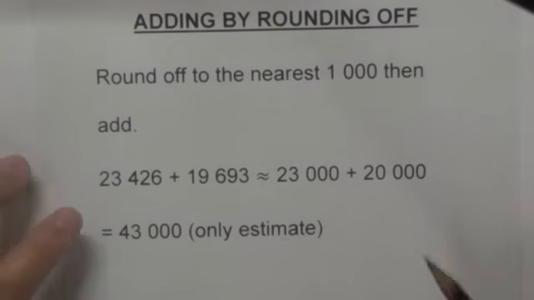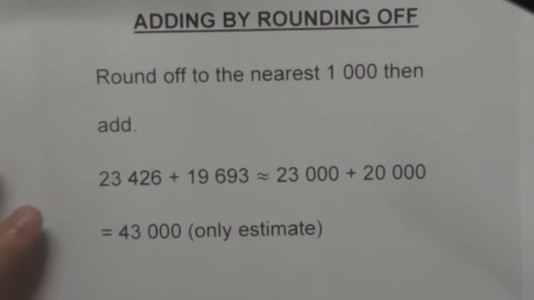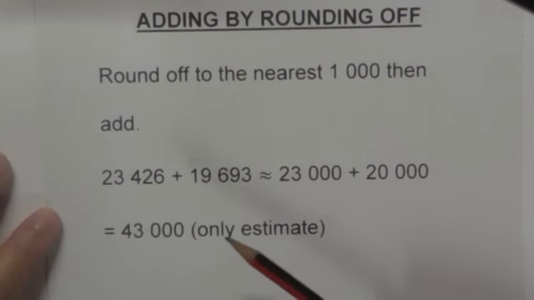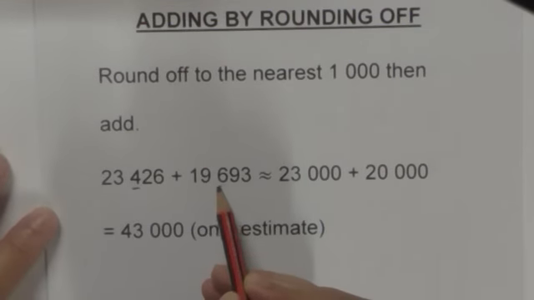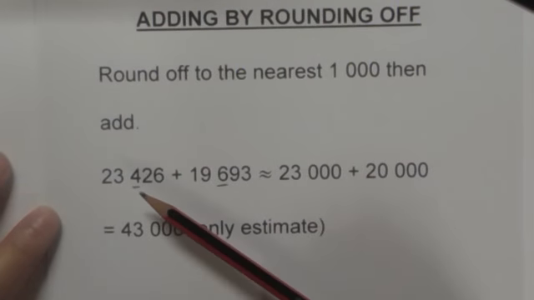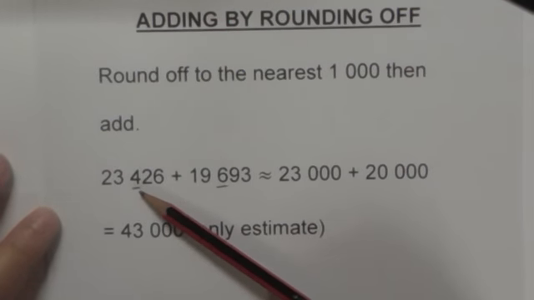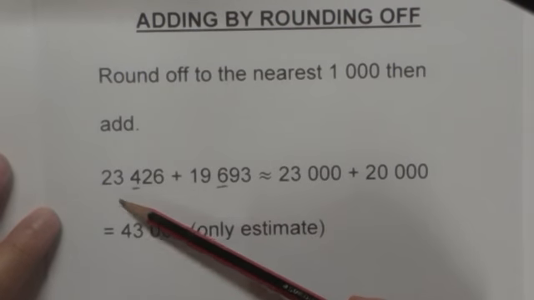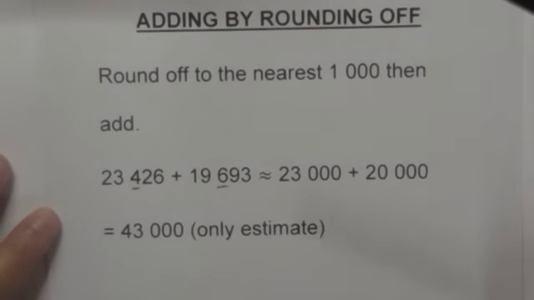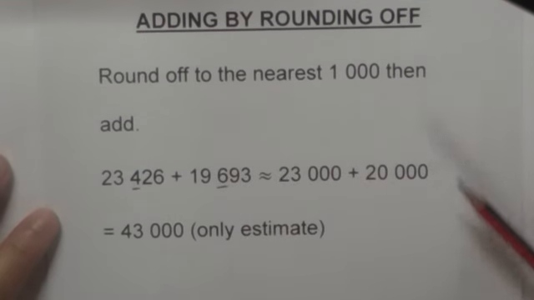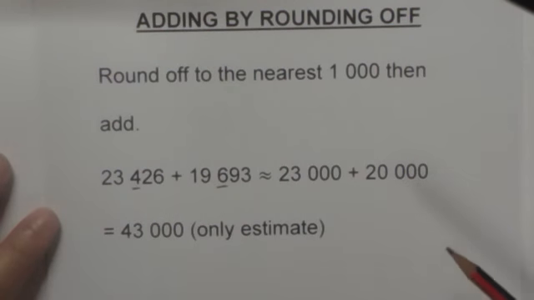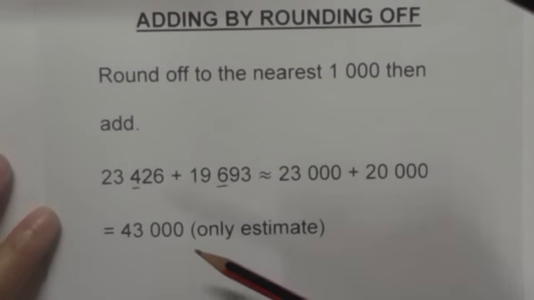Okay, I have 23,426 plus 16,693. So to round off to the nearest thousand, we look at the hundreds, if you remember from my previous video. So 4 is less than 5, so my 1,000 remains the same. I have 23,000. 600 is more than 5, which is my breaking point for rounding off, so 19,000 will roll